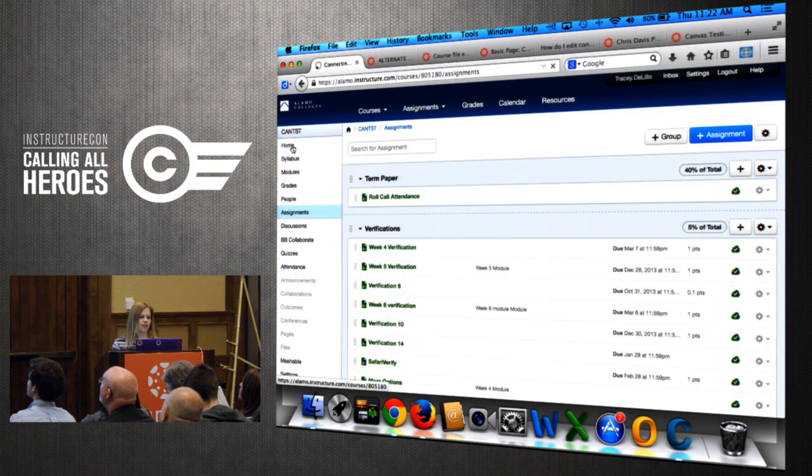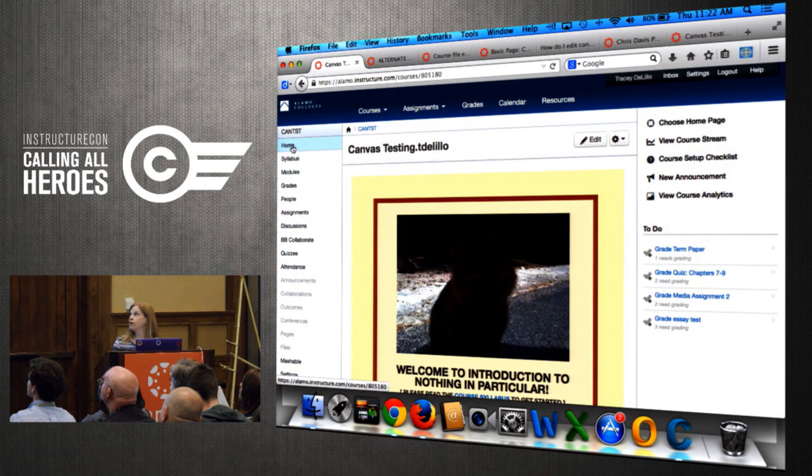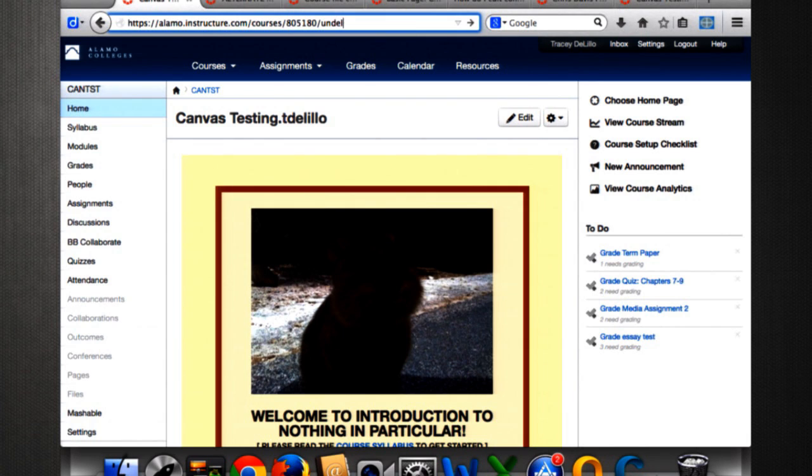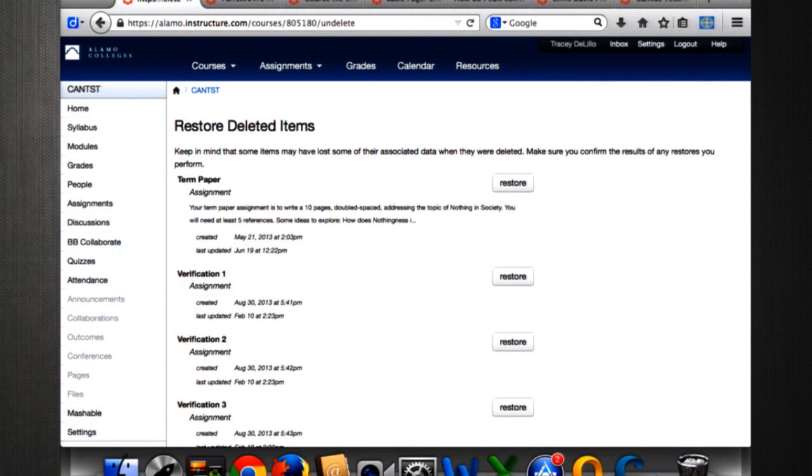All right, go to your home page so that you have the nice, clean URL across the top. At the end of the number, put in a little slash and type the word undelete. Hit return. And now you have a list of things that you have deleted in this course. I get applause for that.